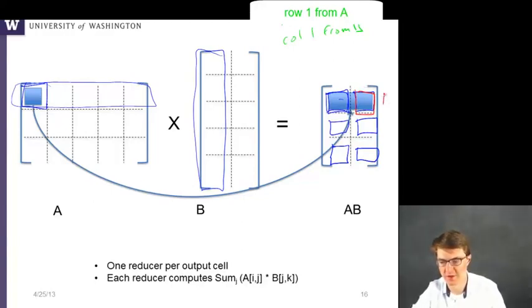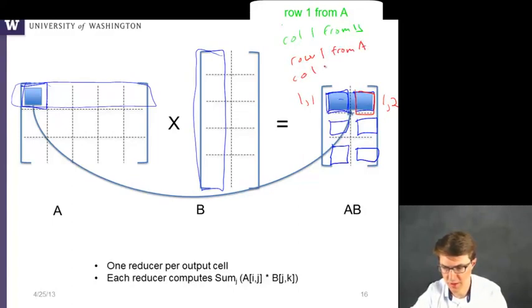This is row 1, column 2. Here we need row 1 from A and column 2 from B, right? So that's fine, but the problem is